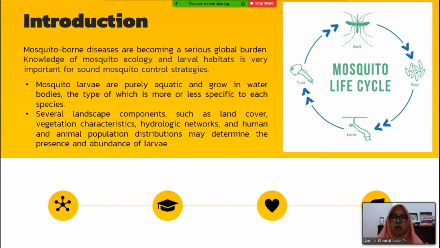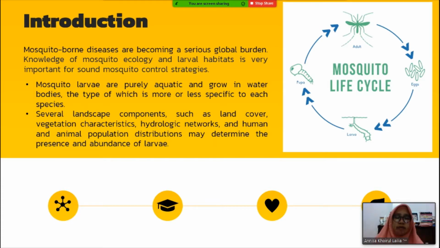Mosquito larvae are purely aquatic, which means they grow in the water, and the type of water is more or less specific to each species. Several landscape components such as land cover, vegetation characteristics, hydrologic networks, and human and animal populations may determine the presence